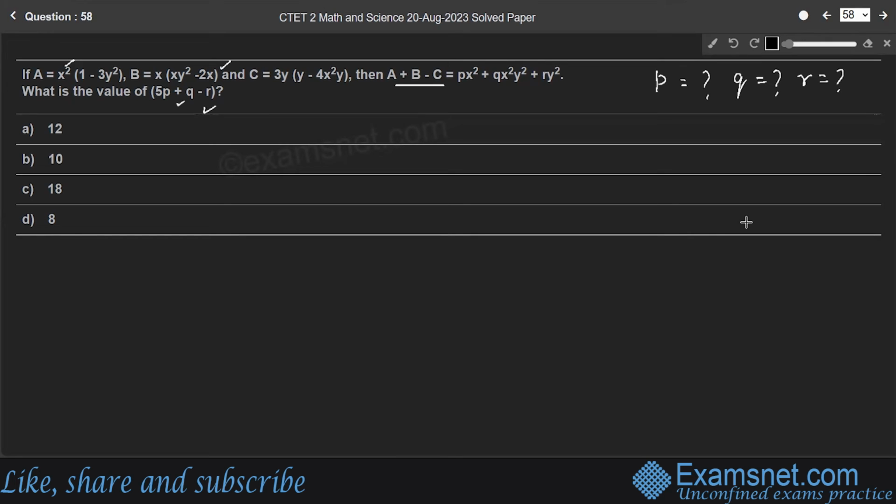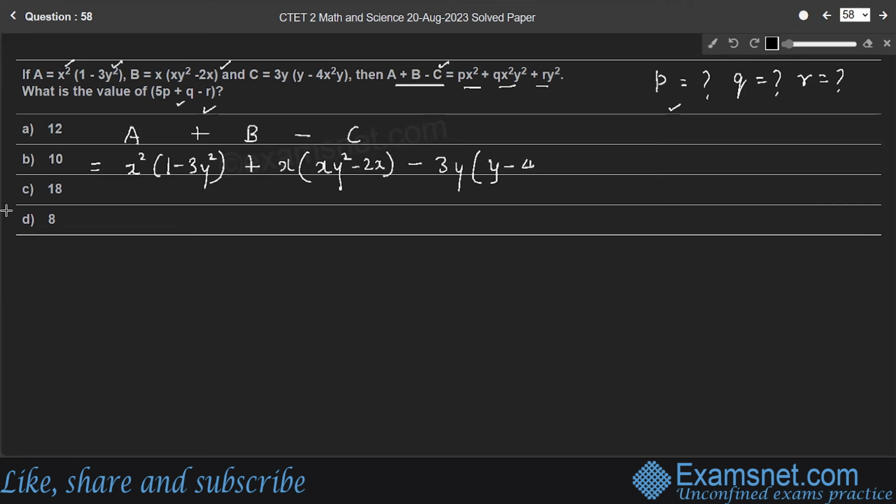So let us add a, b, right? And subtract c. We'll consider a plus b minus c, considering the given expressions. We'll express a plus b minus c in terms of px square plus qx square y square plus ry square. Then only we'll get the value of p, q and r, right? So we'll consider a plus b minus c. Here a is x square into 1 minus 3y square, right? Plus b is x into xy square minus 2x, minus c is minus 3y into y minus 4x square y,